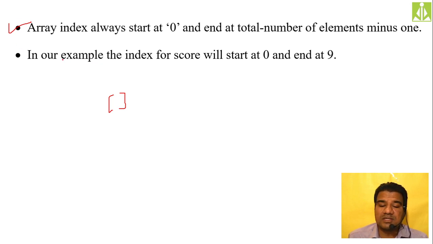So in my previous slide, I have declared an array of score 10. Isn't it? Score of 10. Like this I have declared. So what is my identifier for this array? This is the identifier for the array. So I have to remember only this name. This is my identifier, this is my noun, this is my name given to the array. So I have to remember only this one.